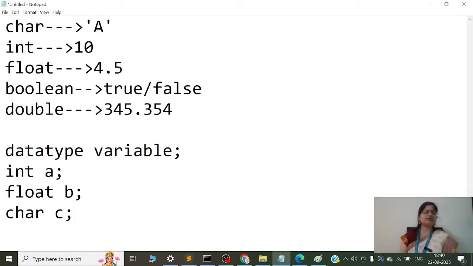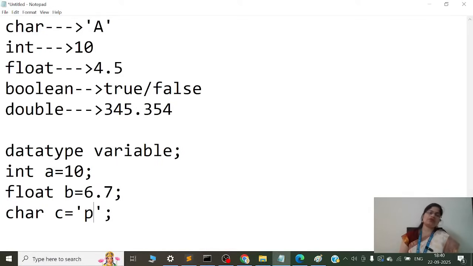This is the way you can declare the variable. And if you want to initialize it, you can initialize its value. There is a difference between declaration and initialization. This is the way to declare, this is the way to initialize. When you define its value, that means you are initializing it. This holds a character.